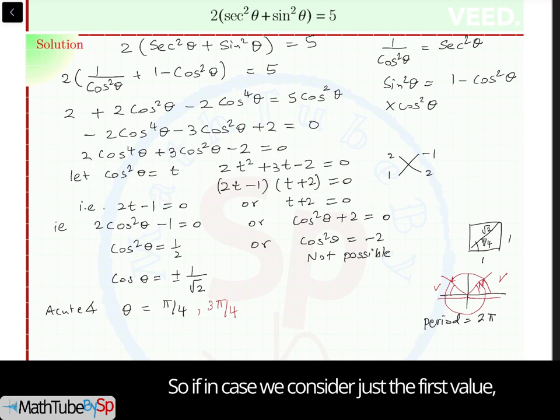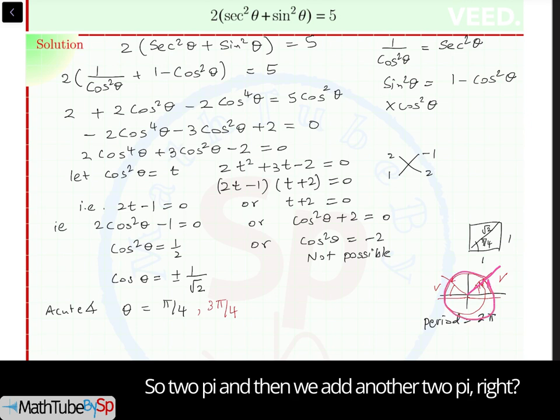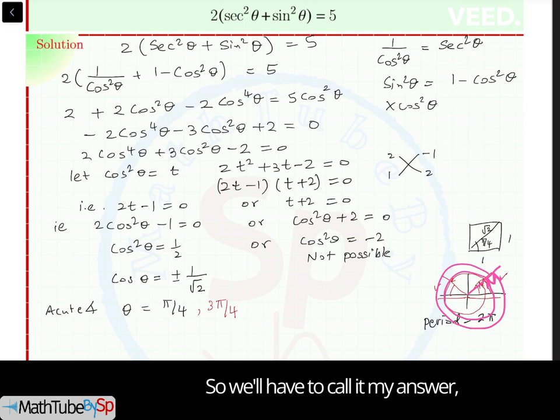If we consider just the first value and we go back, we basically are adding 2 pi one time, and then we add another 2 pi. So my solution will be 2k pi, where I'll declare what k is equal to,